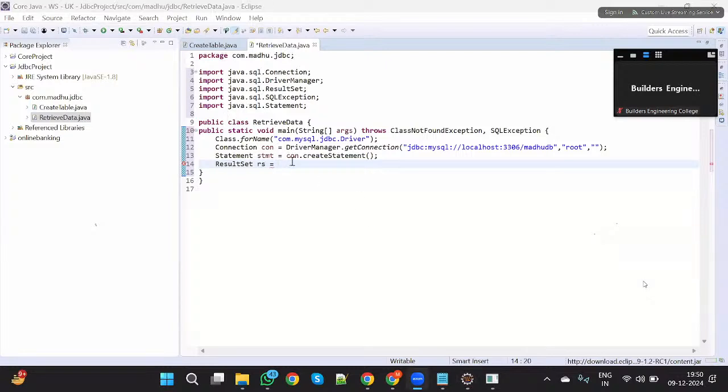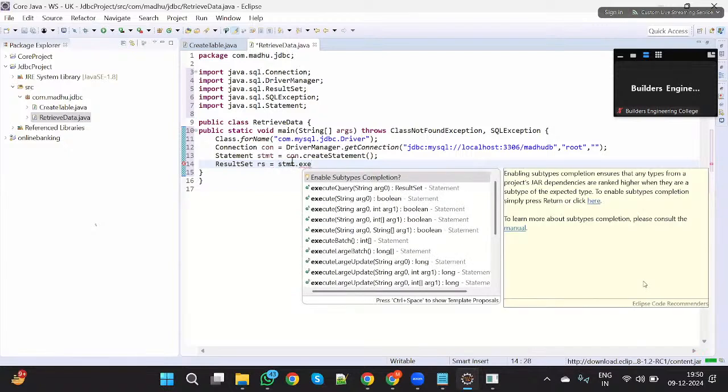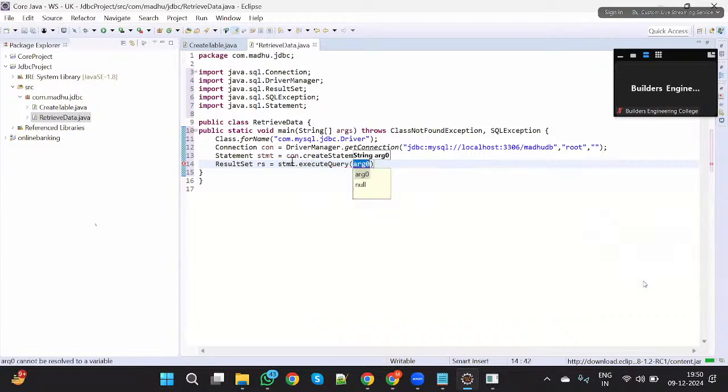See here, ResultSet rs is equal to stmt dot executeQuery of. Basically, if you want to work with ResultSet interface, we need to take the help